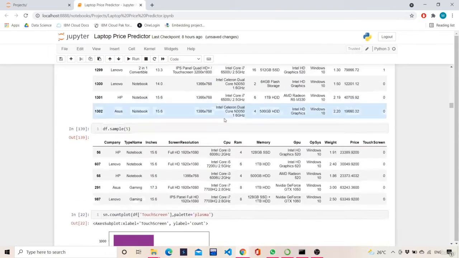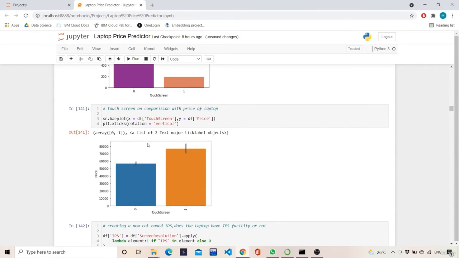Again, as we made a new feature which is touchscreen, now we will compare how this touchscreen feature is inflating the price. We see that for most of the touchscreen laptops, the highest price is more than 80,000, and the average price is around 70,000. So whenever a laptop is a touchscreen, maybe you can get it at 65,000. It can vary from 65,000 to 70,000 on average, but it can go more than 80,000 at max. So that is what this plot is showing.